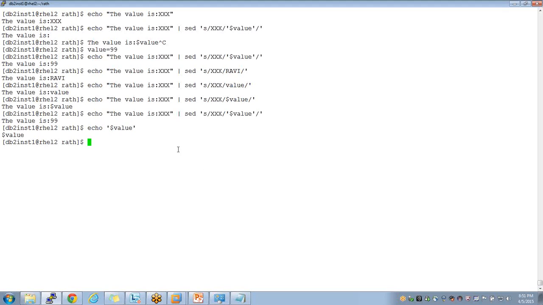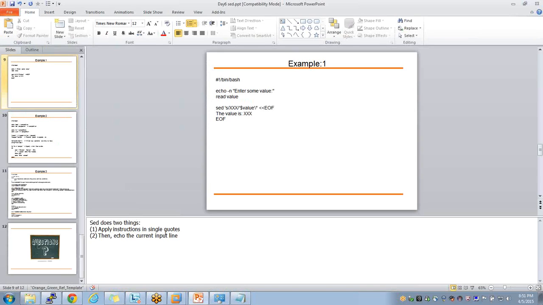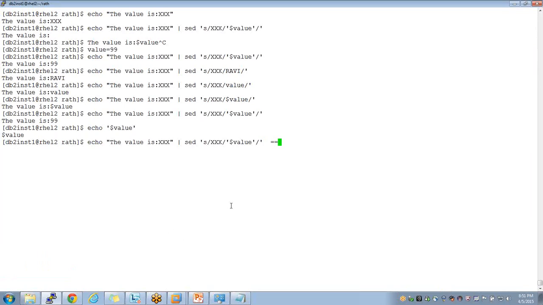No. What it does is, in step 1, that's what I wrote here: apply instructions in single quotes. After completion of step 1, how it looks is "the value is $value". After step 1, sed does the two steps, right?